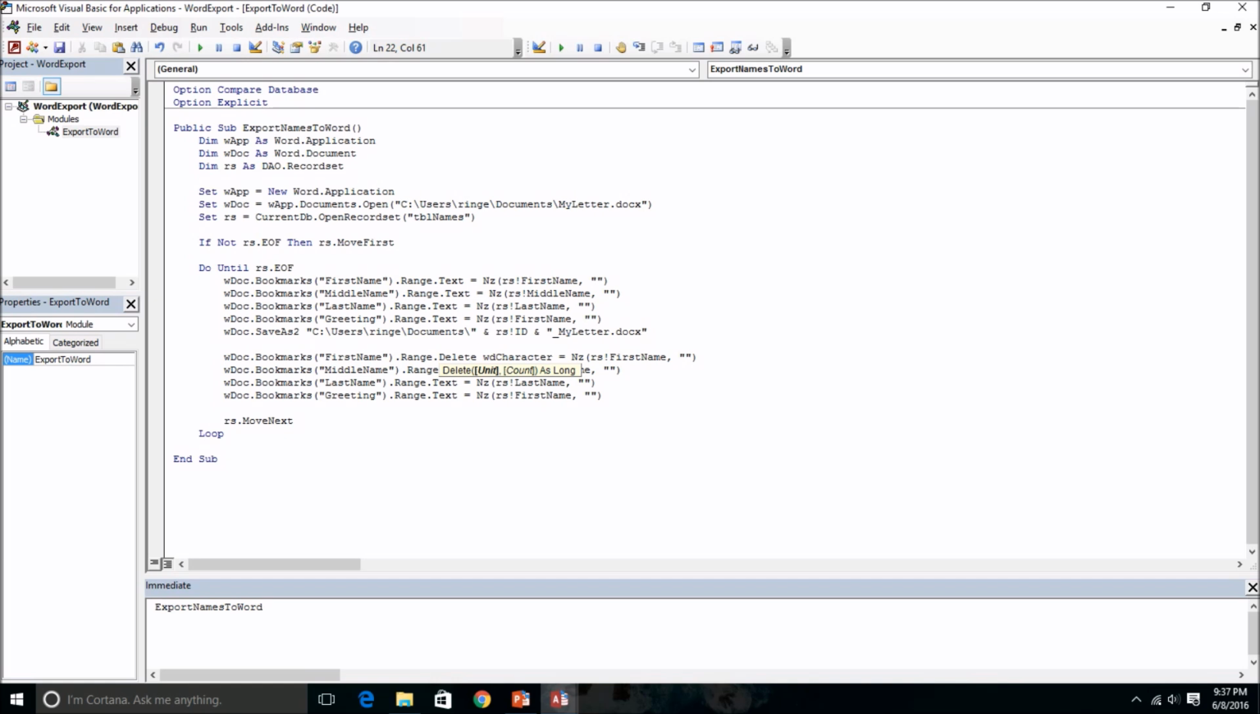And the number of characters I want to delete after the bookmark is going to be the length that we get from 0 to 0 of the first name. So just like that. Now let's go to this next one and we'll do the same thing. So for middle name, we want to delete wdCharacter, the length, 0 to 0 of middle name, and the same thing for last name, delete